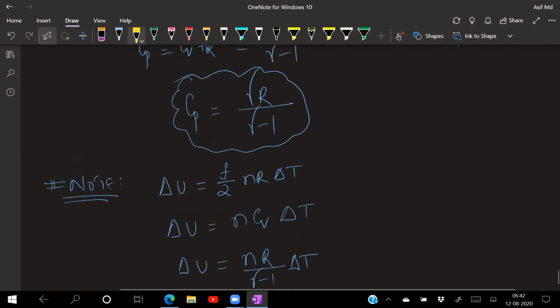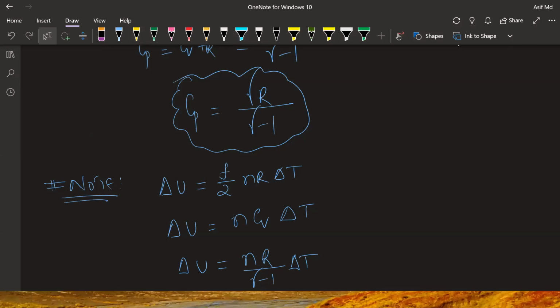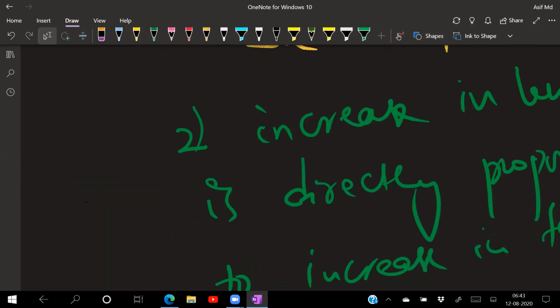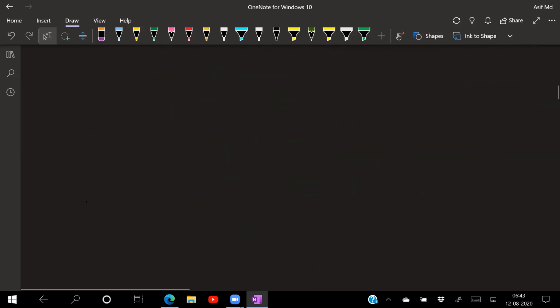Now let us talk about CP, CV, and gamma for a mixture of gases. When I'm talking about a mixture of gases, how do you write all these values for the given conditions? But we didn't do problems, sir. Okay, we'll try to do them also.